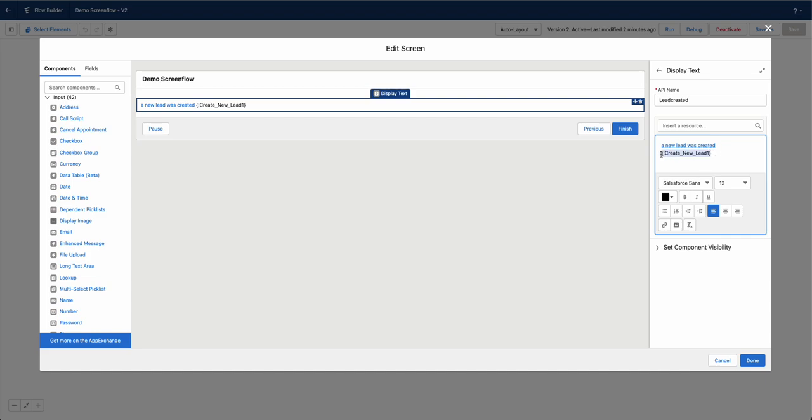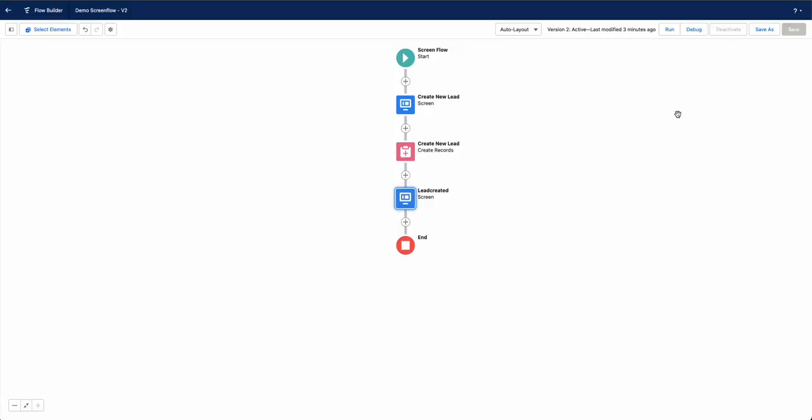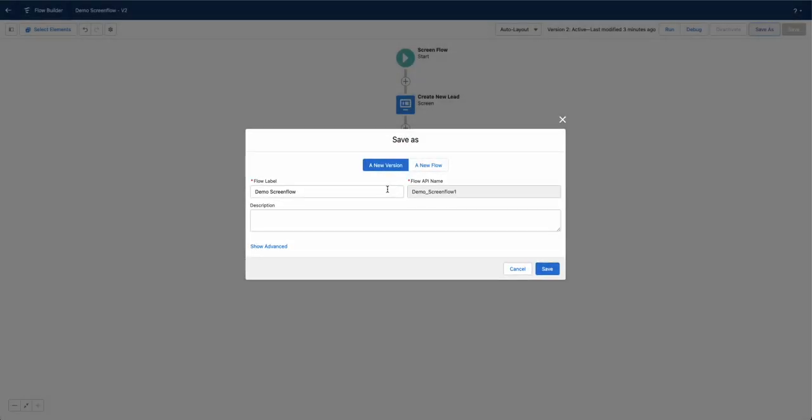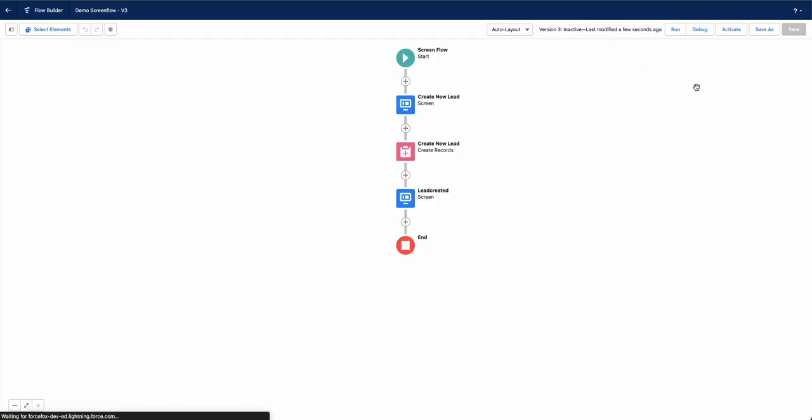And what we can do now is copy this resource, go to our link and delete this one URL from this specific link and replace it with our create new lead resource here. And of course we can now delete it for the display text. Click on done here, save it once again as a new version, activate it,